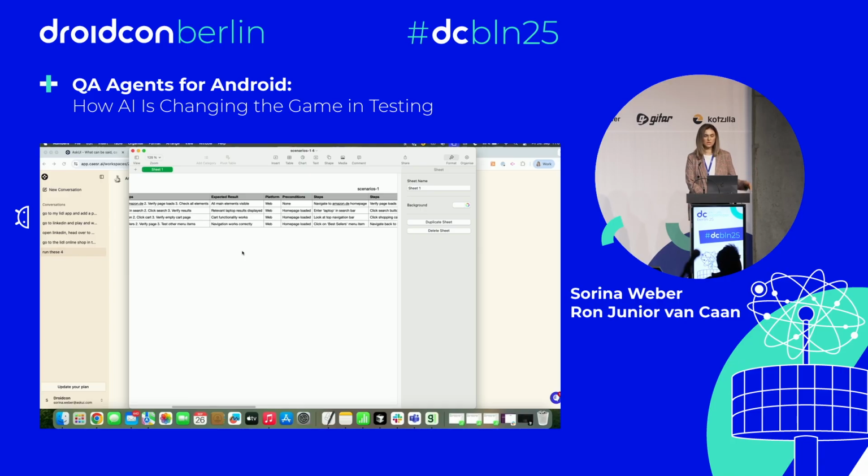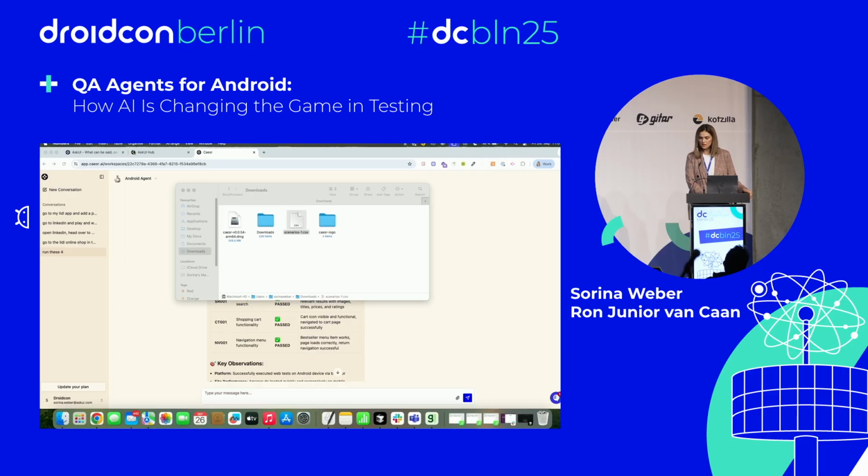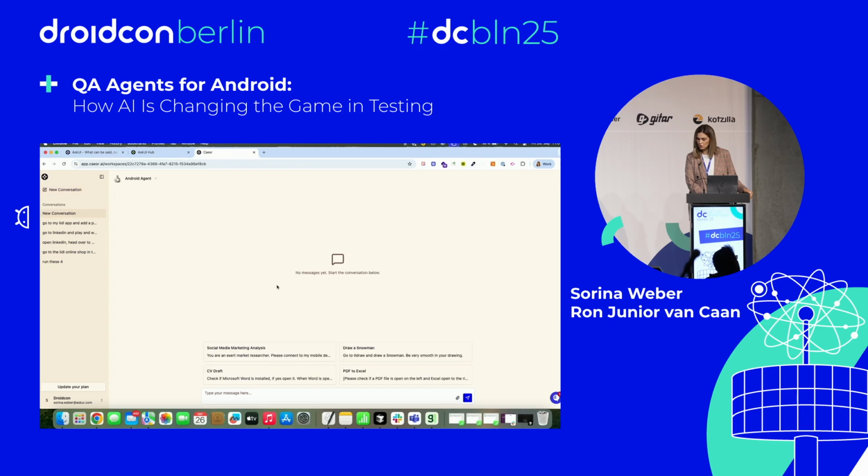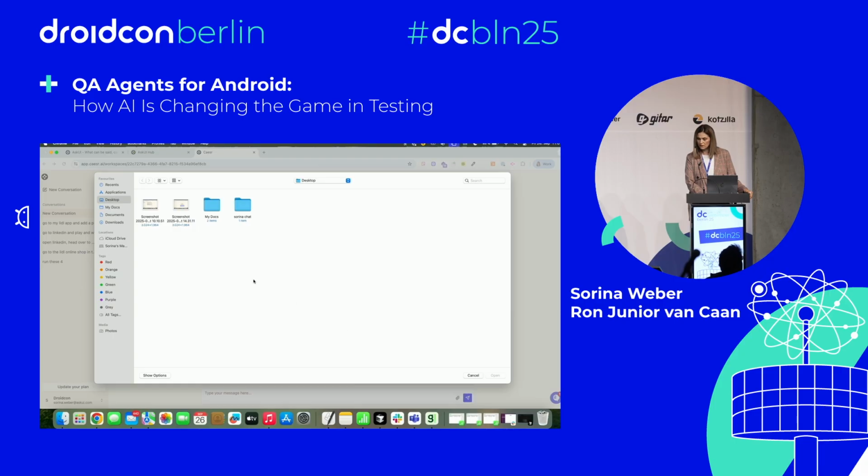Of course, this is what the agent needs to see. Okay, so all elements are visible. If it adds something in the cart, it should be able to see the displayed results. It should see that the cart functionality works, that the navigation works, and so on. And as you can imagine, this is something that a product manager can definitely write with no problem. And what you could do is you could literally add it here as a CSV file.